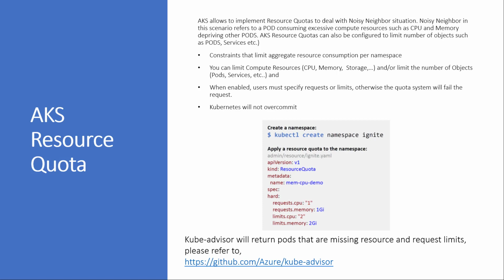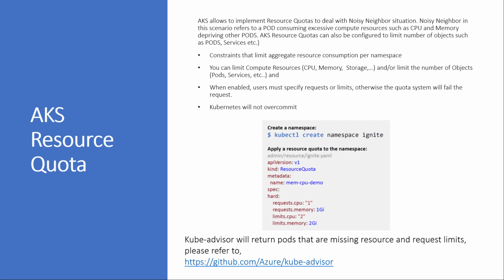Where that particular pod is consuming most of your resources on your AKS cluster, depriving you of provisioning additional pods or additional applications, and depriving existing applications and impacting their performance too. So as an AKS admin from the operations side, you need to be careful how you allocate resources here. Azure Kubernetes Service provides a lot of functionality and a lot of options for configuring these resource